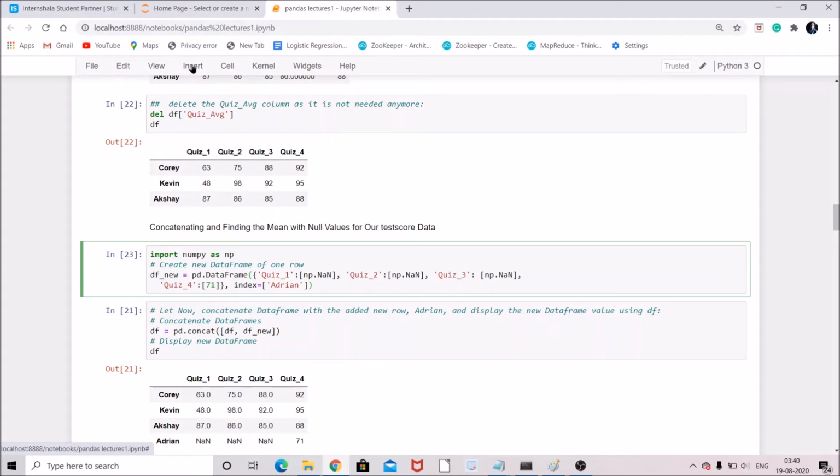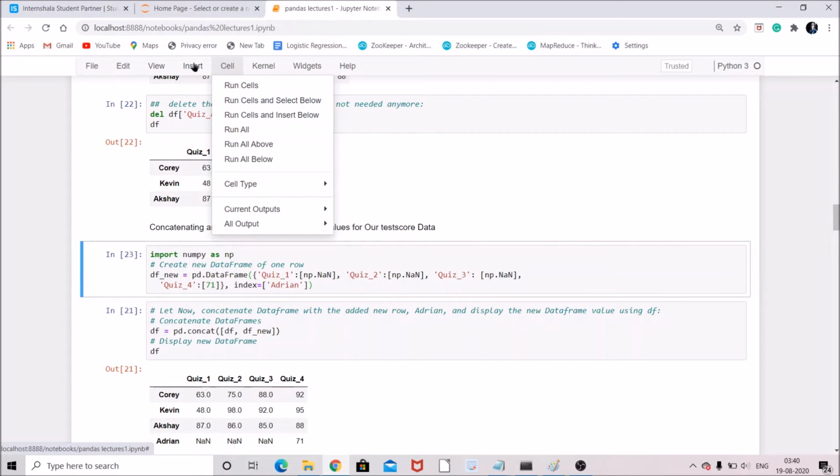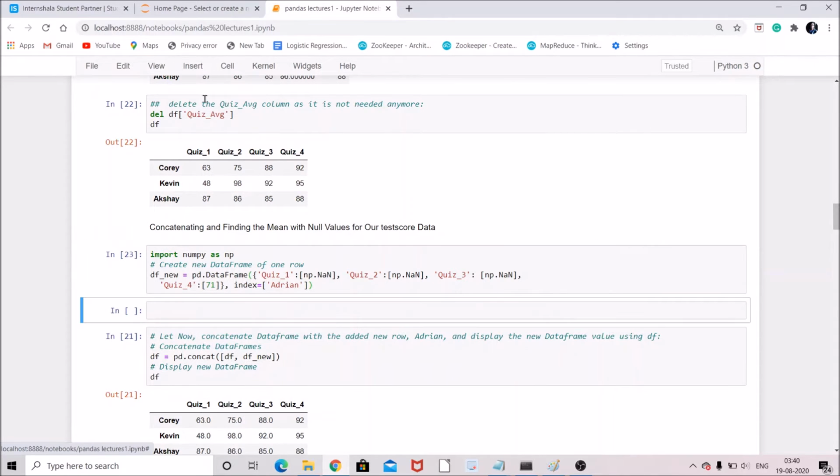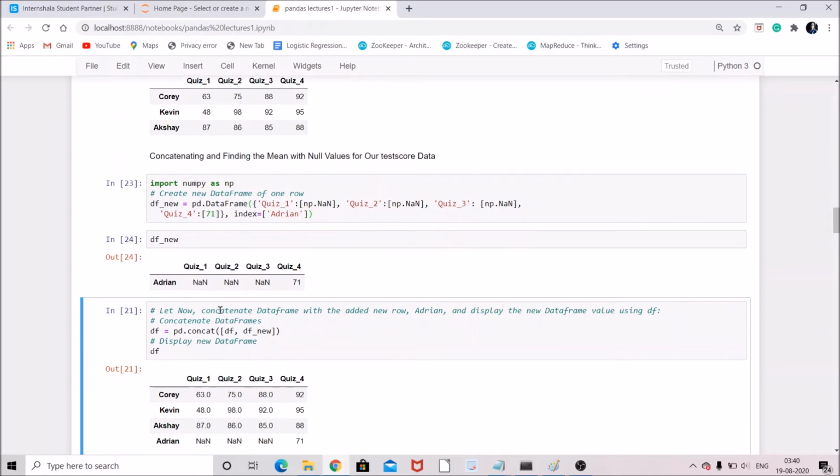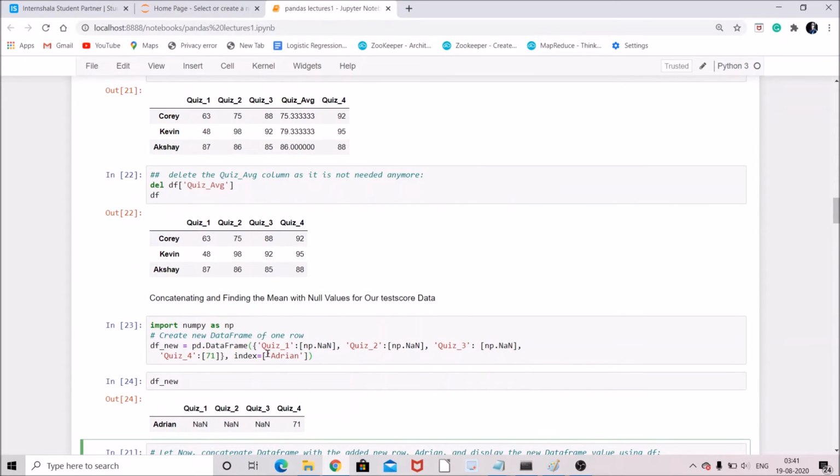Insert cell below, df_new, and the quiz 4 is created here with a null value. So suppose we want to connect this data frame, which is df_new, and the data frame which was created previously.